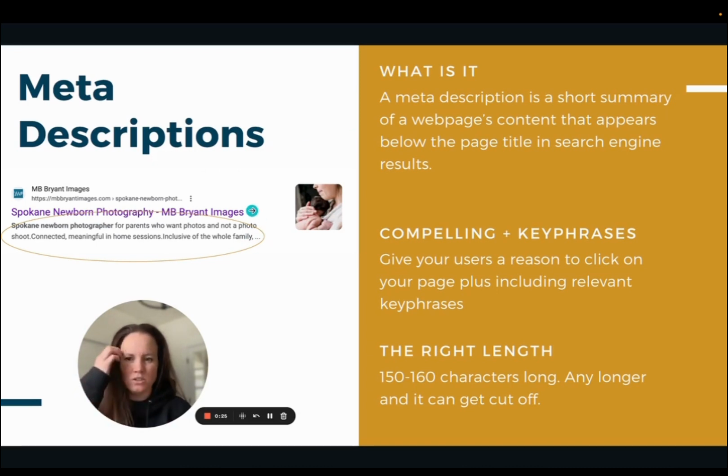So this is your SEO title. This is your page title. And then below here is where your meta description will show up when somebody is searching for a key phrase that's related to your brand. So meta descriptions need to be compelling, and they need to include the key phrases that you want this web page to rank for. You need to give your users a reason to click on your page,